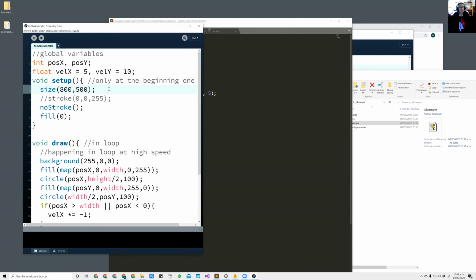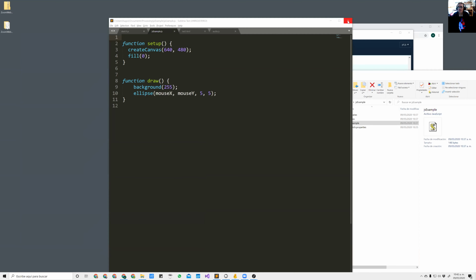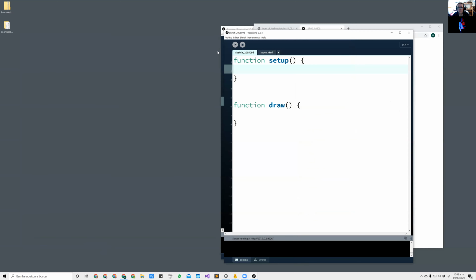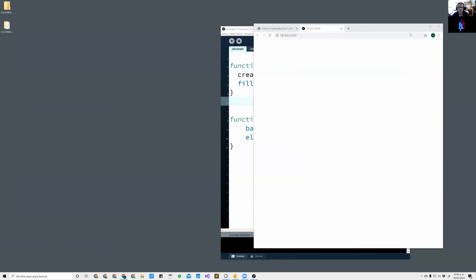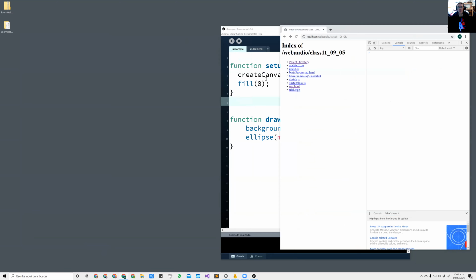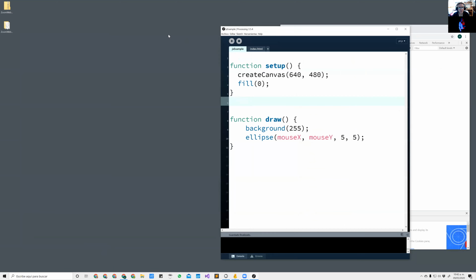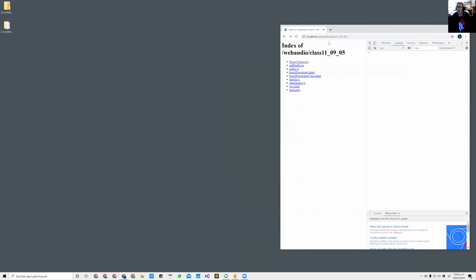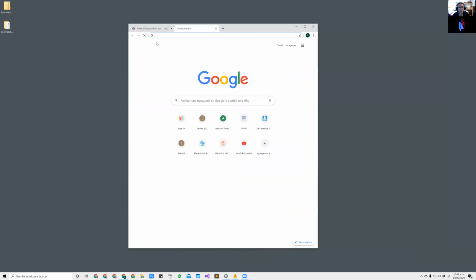Thank you, teacher. Very quick question. Are there more lines on the code that change when you switch from Java to JavaScript? Oh yeah, there are many functions that are not part of the JavaScript and the other way around. It will be very important that you go to the